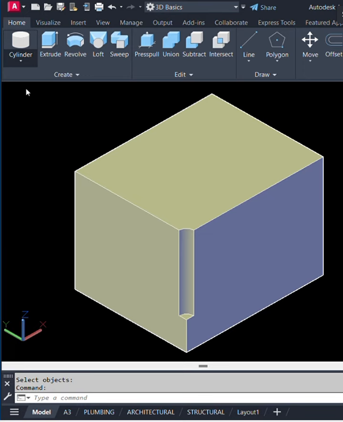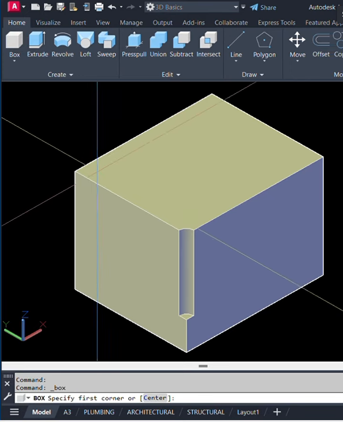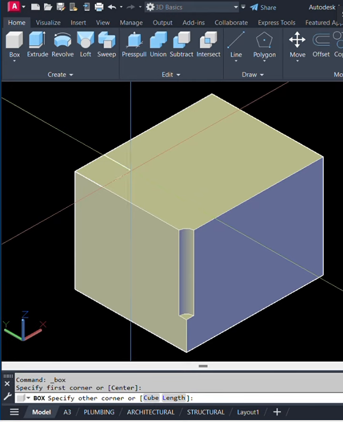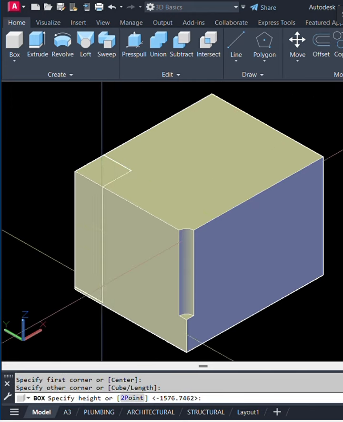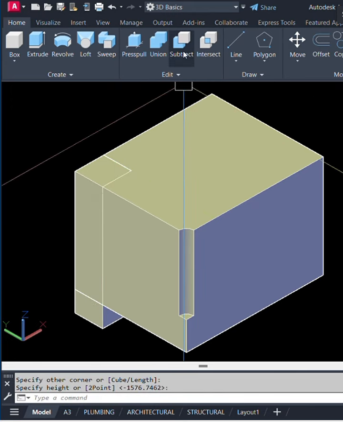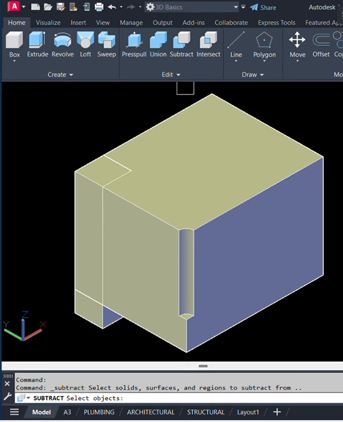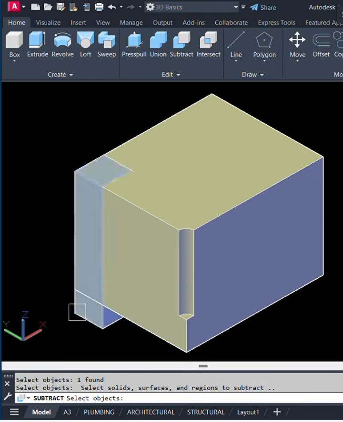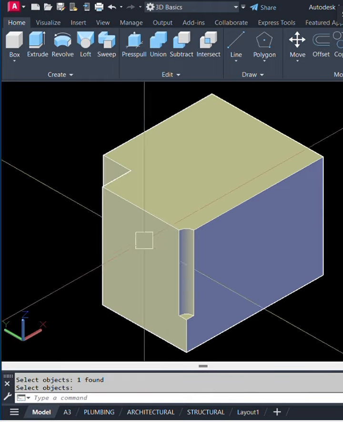So let us try another. I'm going to create a box here. Okay, so let me click the subtract command, select the object to be subtracted, then